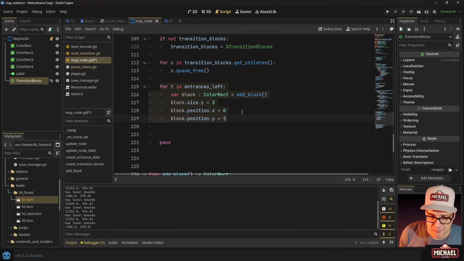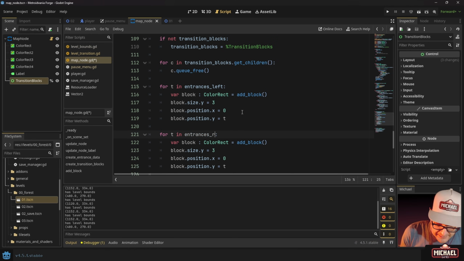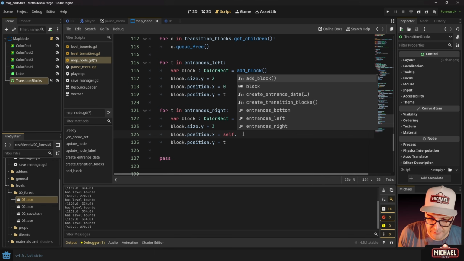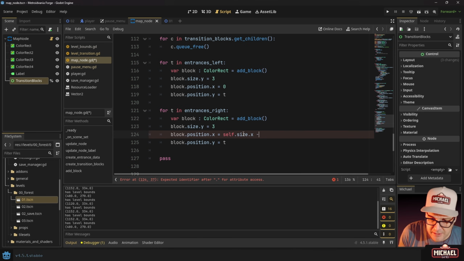Our other types of entrances are going to be quite similar, right? So we can go over our right entrances. Now the right entrances will have the same Y. The block position is going to be different. Instead, we want it to essentially be at the edge, the right side, so we can get the X size. So we'll say self.size.x. You don't need self, but it makes it easier to read. And we need to subtract 1